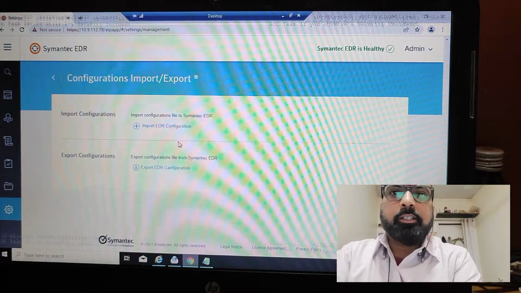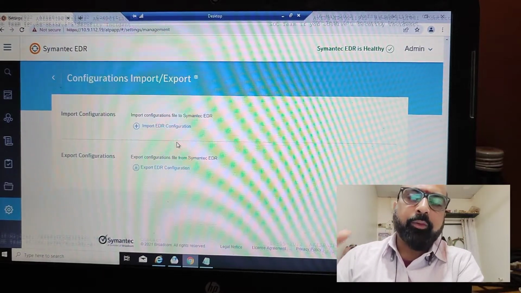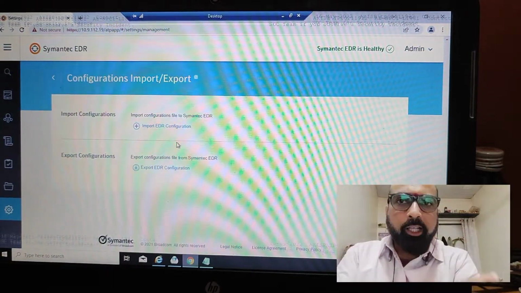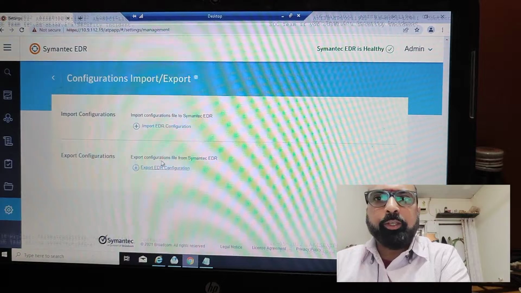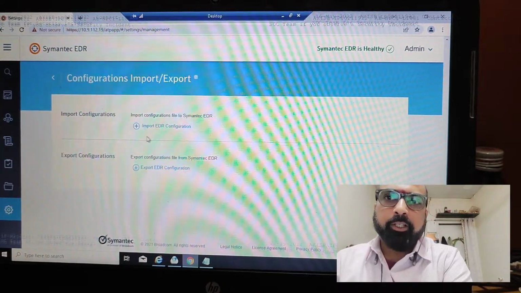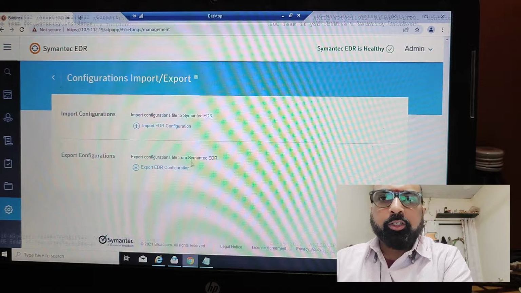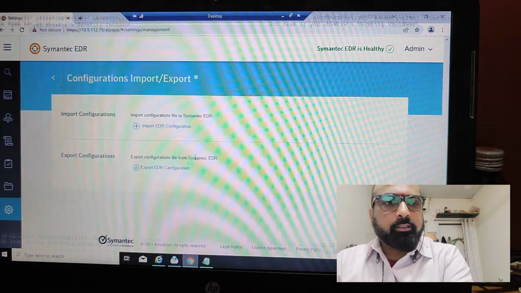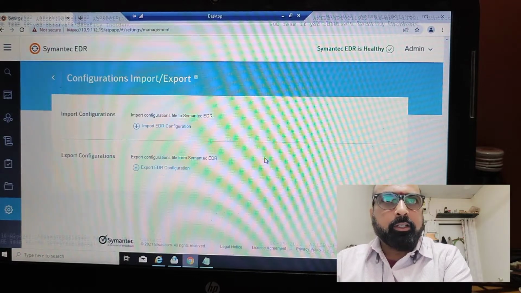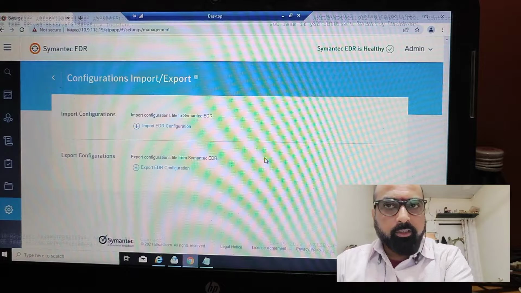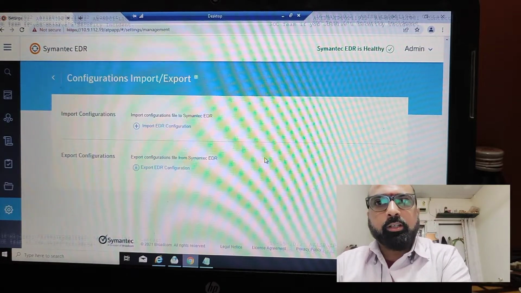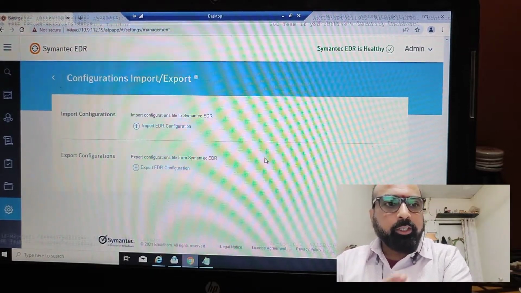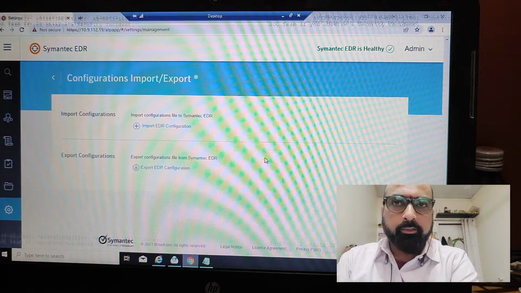If you have an existing EDR available, you can put the same setting and same configuration required on another EDR. You can put this configuration settings backup and restore through these settings also. One more thing, load balance is not available in EDR. Okay, currently this feature is not actually provided by the OEM, Symantec. So EDR load balancer is currently not available.